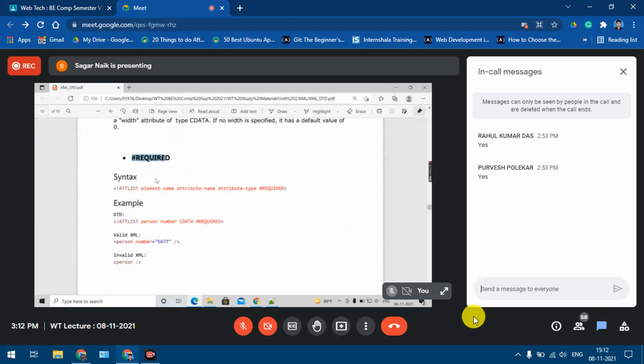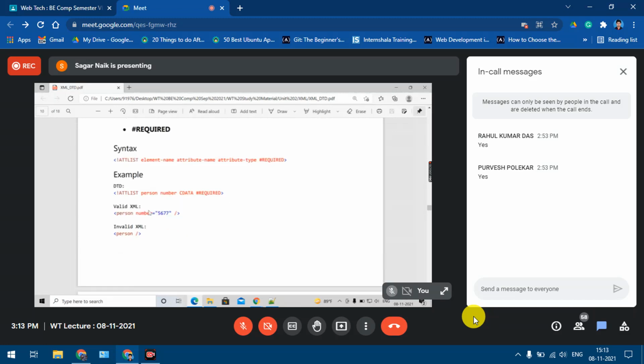Now in case of required, what does it mean? The user has to provide some kind of attribute value. It is compulsory for the user to enter the value. The value can be anything, you can change the values also, but the user has to enter the value, right? So if you look at this example,